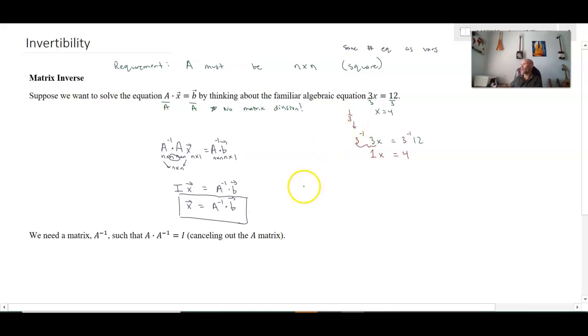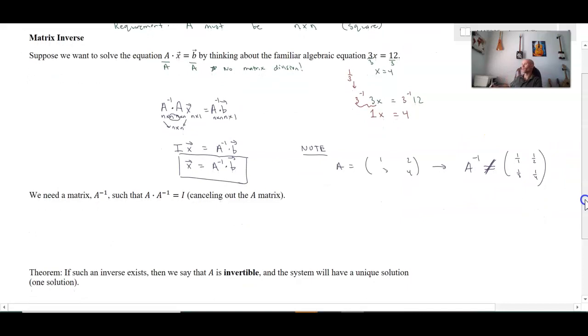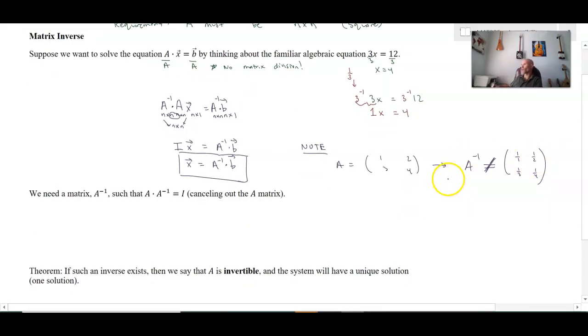Now, just one important note, if A is equal to, say, 1, 2, 3, 4, then it is not the case that A inverse is simply 1 over 1, 1 over 2, 1 over 3, and 1 over 4. It's not quite that simple because matrix multiplication is not quite that simple. Okay, so that's not how we find it. It's not a trivial process that we have to go through. But we'll discover that in this video, we're just focused on setting up the basis, the foundation, the motivation for